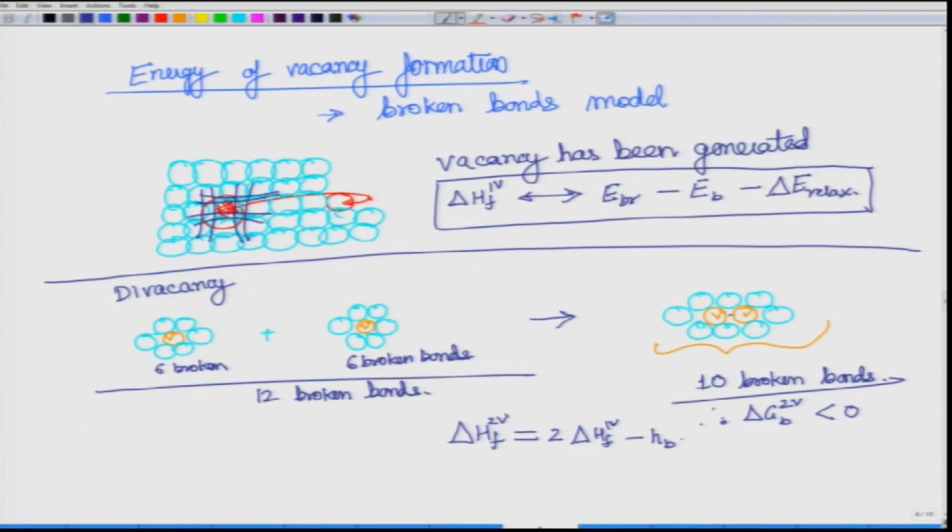Let us denote this by H subscript B and superscript 2V to denote that it is a di-vacancy. So, there is a bonding between these two vacancies, denoted by H subscript B superscript 2V, and this is the reducing term. So, the total delta HF 2V is, as you can see, less than 2 times delta HF 1V,